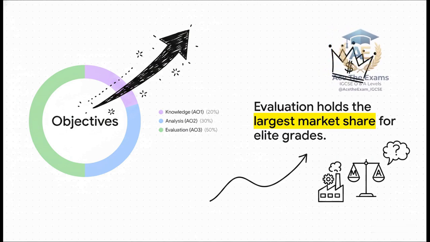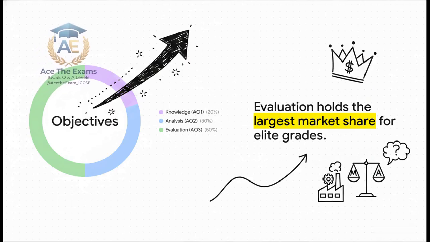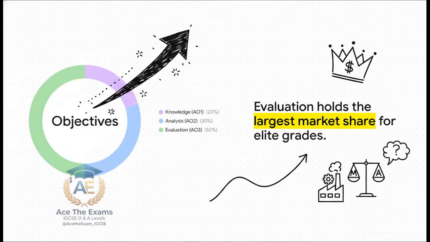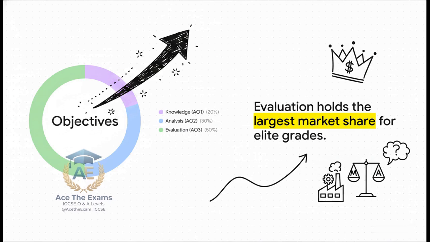This chart visually proves that higher order evaluation, questioning assumptions, and justifying decisions with hard evidence holds the largest market share for elite grades. Look at that immense weighting given to AO3. It is the million-dollar asset. Think about it. Anyone can memorize the formulas for AO1. Anyone with enough practice can process the baseline calculations for AO2. But to secure the elite deal, you absolutely must dominate AO3. How do you do that in a marginal versus absorption costing question? You evaluate the alternatives like a true executive. You write something like this.